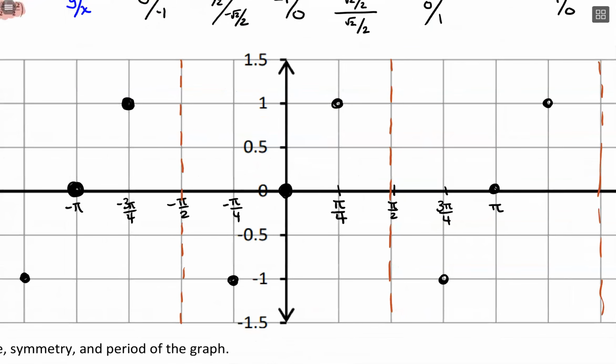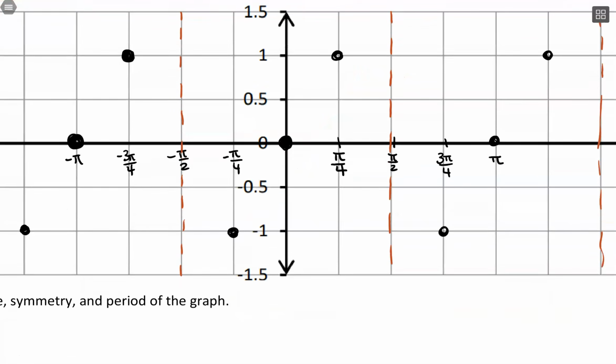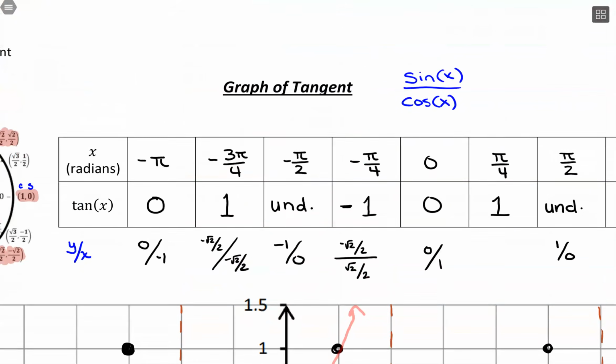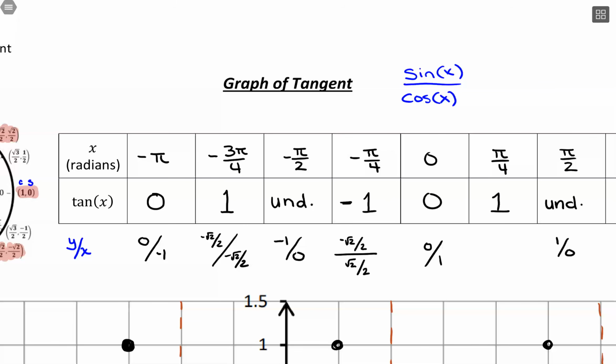Now, this is not linear. If I drew a straight line here, it appears linear because we have what appears to be a constant rate of change. But if it was linear, then it's going to cross those asymptotes, which isn't going to happen. So instead, our graph is very close to the asymptote coming up to these values, and then it's going to curve in and curve through and curve up. Now that wasn't the best shape that I drew, but all in all, if you have these two asymptotes, the general shape you're going to see for tangent looks like